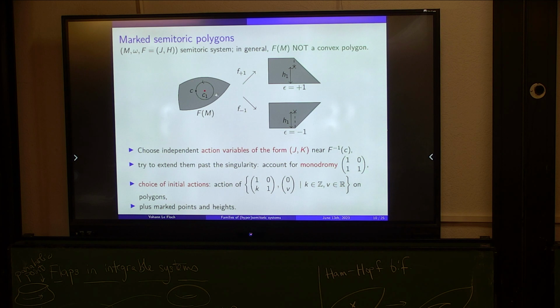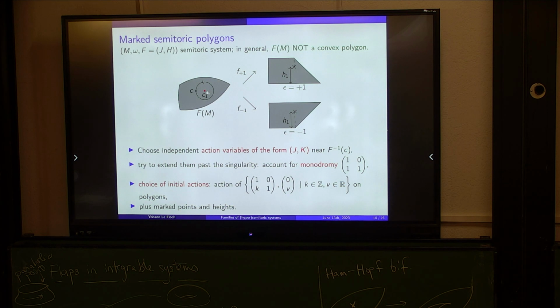And then using this form of the monodromy, you have a recipe on how to glue, and you can construct a global momentum map which is not toric but whose image is a convex polygon, and you get the polygon like this. And then you have the marked points that are the images by these maps of the singularity. I've talked about one map here, still only. So you have this map, and then you look at the image of the singularity by this map, and it will give you the marked point, and if you have several singularities, you do the same, you have several marked points. And then the height, again, it's just the height in the polygon, which, by the way, has a geometric interpretation. It's a symplectic volume of some manifold, but we don't care.